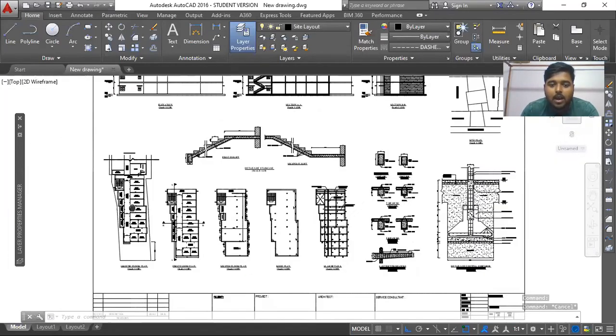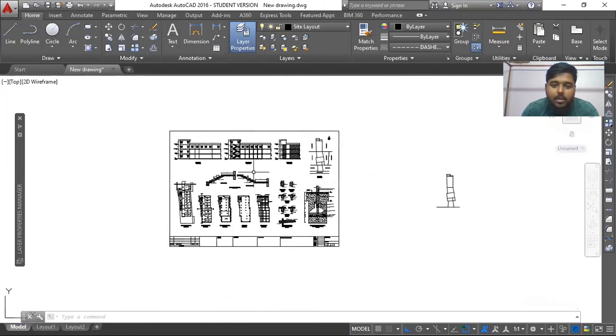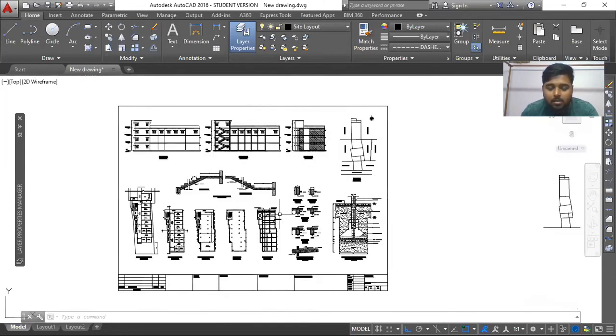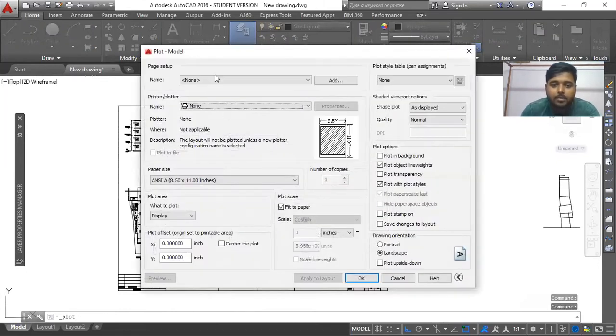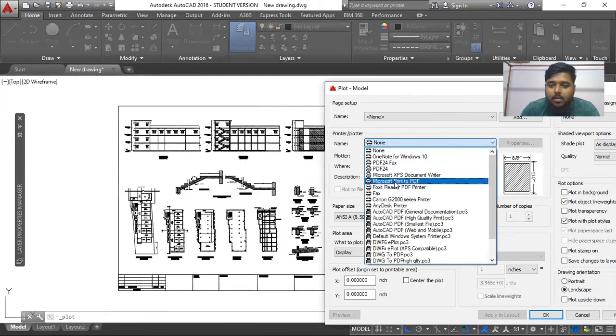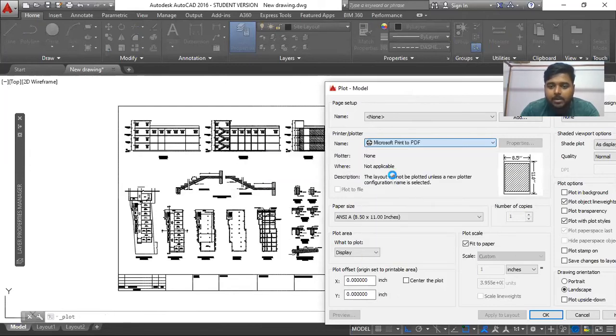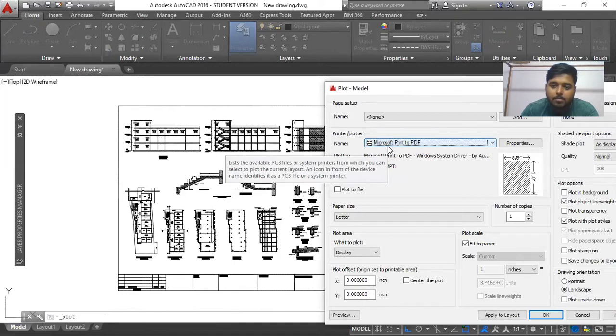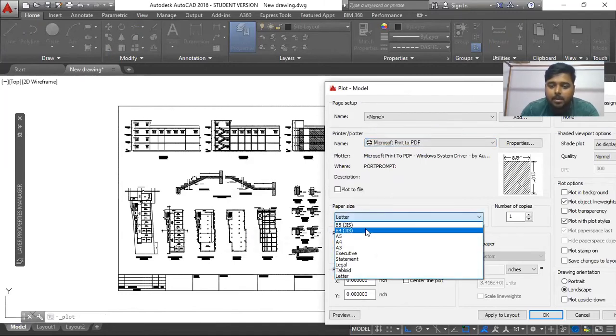Let's suppose I want to print this particular drawing within an A1 sheet. Okay, I have set all the things. Then I'll hit Control P, that is the command for printing. And I've already shown you. First, you need to set Microsoft Print to PDF, for saving this in a PDF format. Then you'll get this particular format A5, A4, A3, and you don't have the A0 or A1 size.